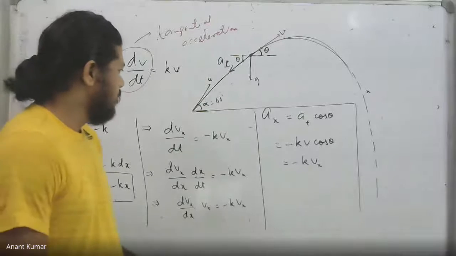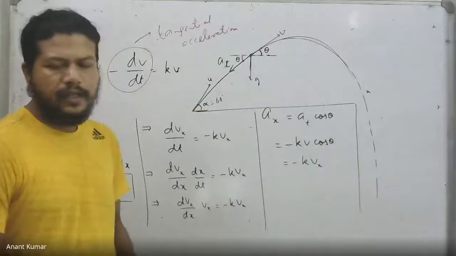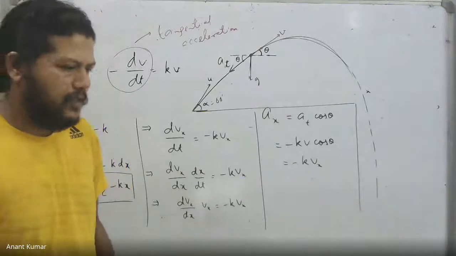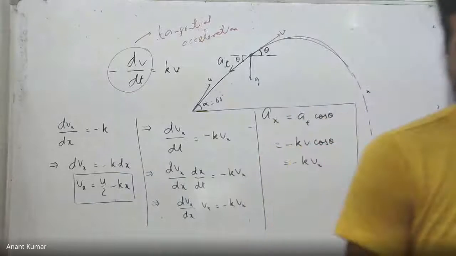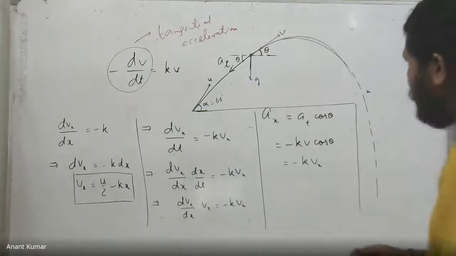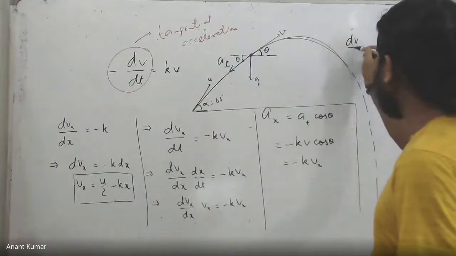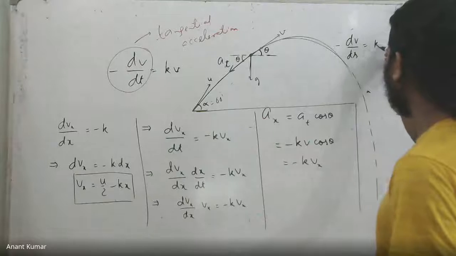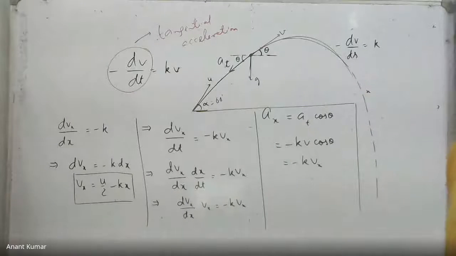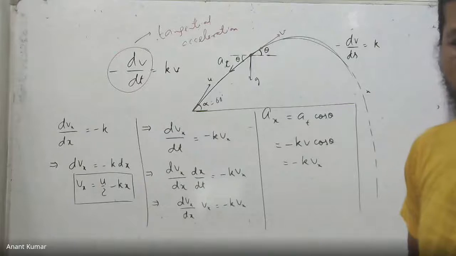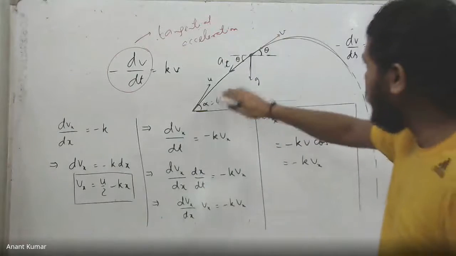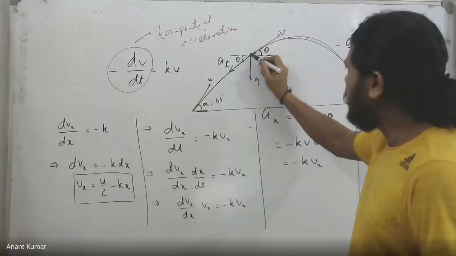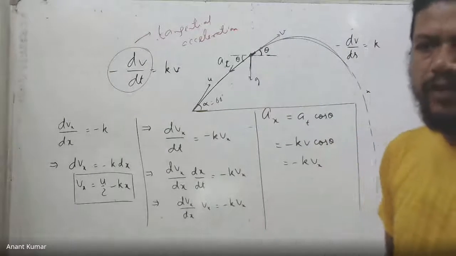Yeah. The question was saying that the speed decreases per unit meter at a rate of 0.1 meter per second, which implies that what we've been given is the rate at which speed decreases along the distance. This is what we're given: the rate of change of speed with respect to distance. And distance will be in which direction, by the way? It will obviously be along the path. That's why I just took a very small distance traveled, during which the speed changes by dv amount. That is what the meaning of differential is.